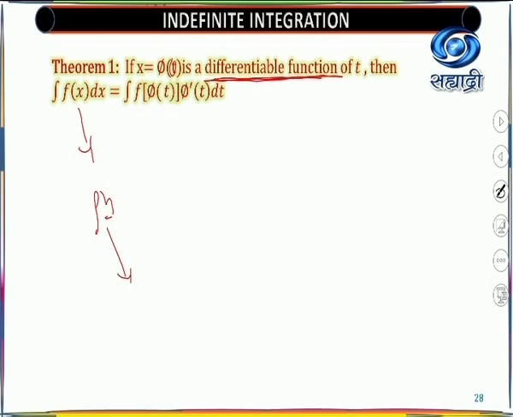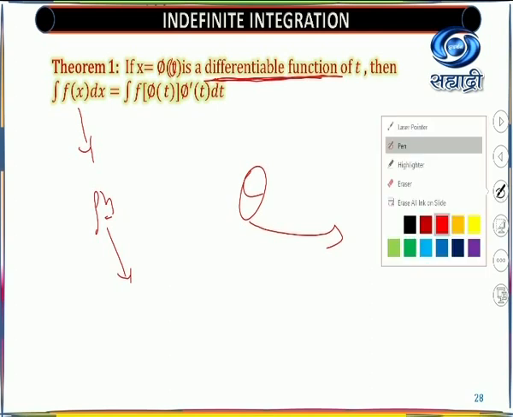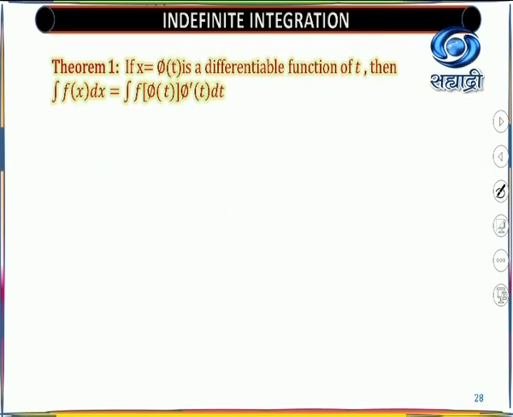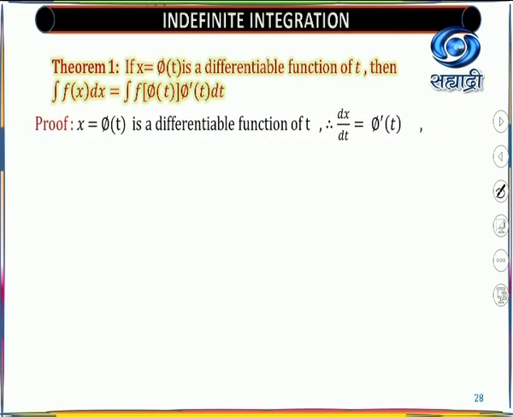Here I have selected the t variable. You are able to select any variable here, because sometimes you have a trigonometric function, and there you use theta also. So that's why I am telling you that you are able to use any variable, but for that variable the given function must be differentiable. This is the meaning of the theorem. Okay, so I am using t, but it doesn't mean that you have to use t every time. You can use another variable also.